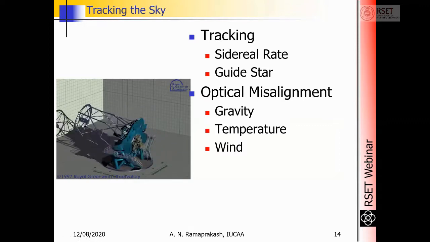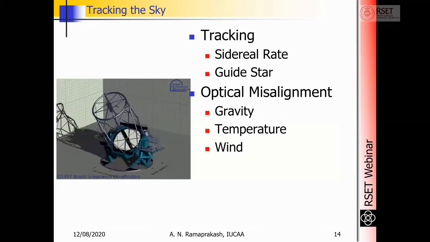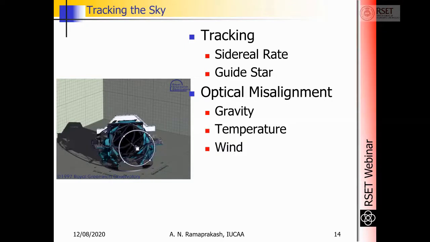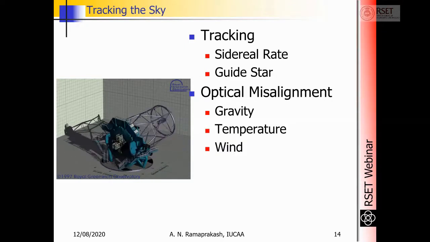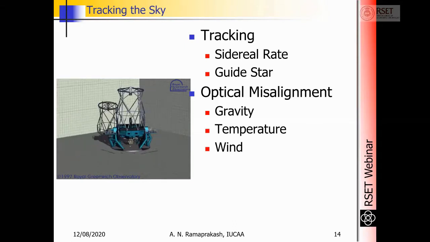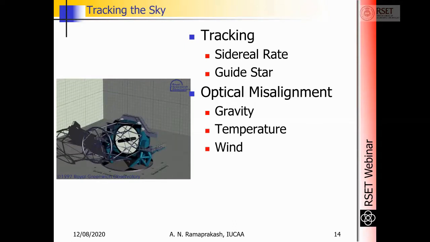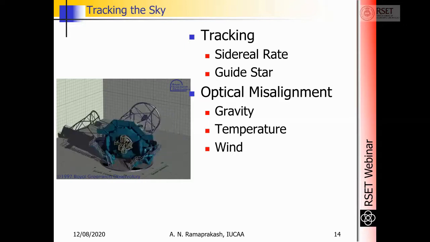The temperature of one end of the tube and one end of the mirror can be very different from the other ends. There could be winds blowing on top of these very high mountains. All these disturbances would create havoc in how accurately you can track the motion of objects in the sky. And this has to be